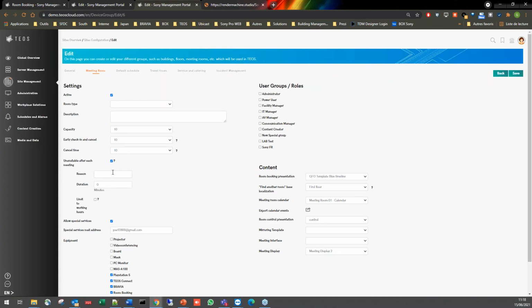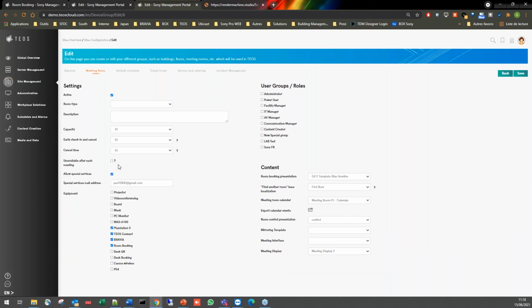We will, of course, add in the future the possibility for other calendars to make this unavailability after each meeting available. We can allow special services. Actually, we will see that directly in the service and catering tab and the incident management tab. We have